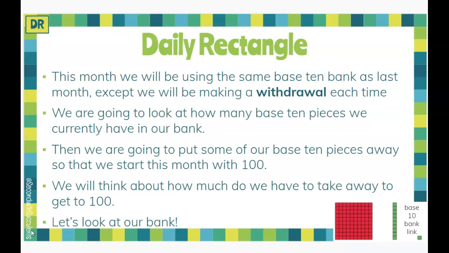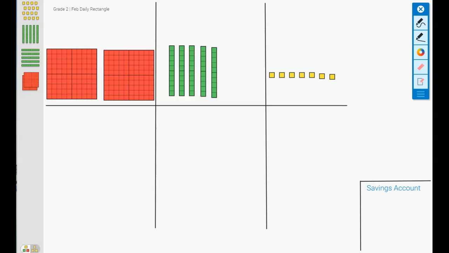Let's go ahead and jump into our Base 10 bank, see how much we have in there, and see how much we need to take away to be left with 100 pieces. Take a moment to look at our Base 10 bank and think about how many pieces we have in there right now. Show a connection if you counted 257 pieces. We can see that we have our 200s in our hundreds column. We have our 5 tens in our tens column and our 7 ones in our ones column to make the number